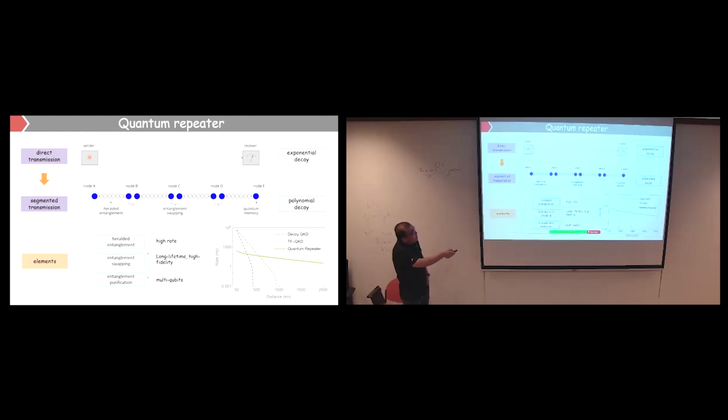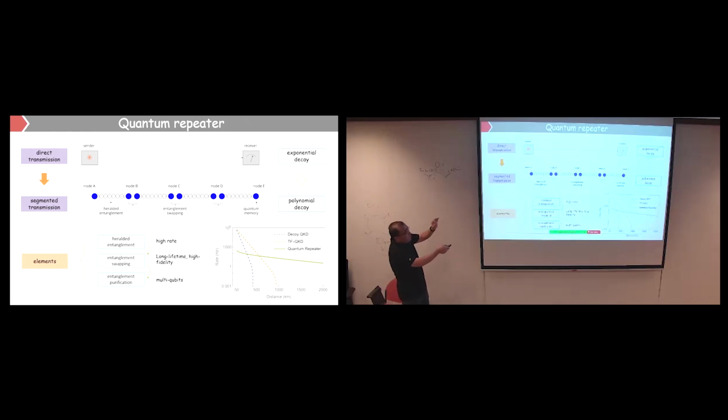Eventually, node A and node E will be entangled, and you use this entanglement to do QKD or whatever you want to do. But the thing is, you need to have entanglement swapping. You first need to generate the entanglement between node A and node B with very high efficiency and very good fidelity, and then you need entanglement swapping.